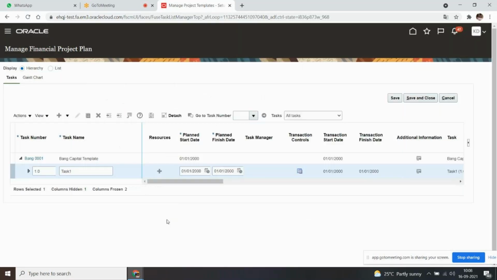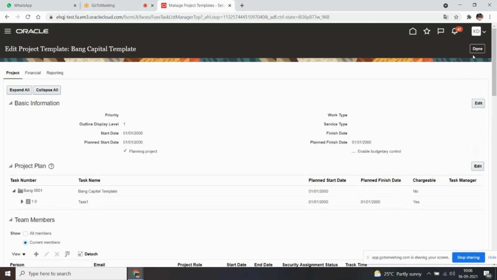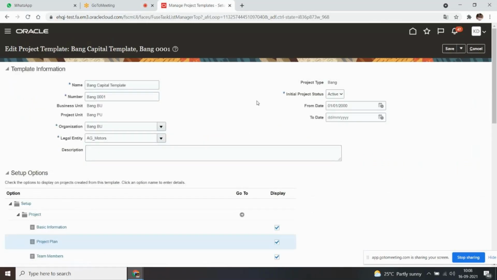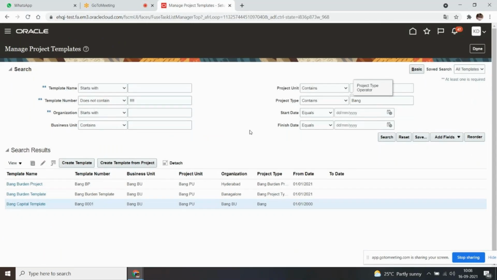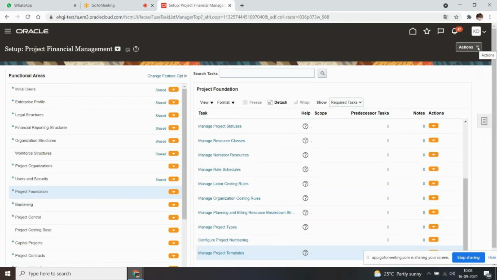I don't want to keep everything in one plate here. So I have a task. Let's say I want to close and go out of this. So we have a project type which is meant for creating capital projects, and we have a project template. Once after this, we need to create